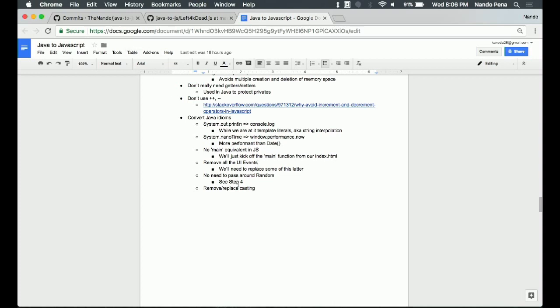They pass around random a lot. I'll mention this briefly, and we'll talk about the random more in depth, because that's going to be where we can get some of the biggest performance gains, surprisingly. In this game, Notch had this idea that you could put in a seed value for the map. A random seed means that I can feed my random number generator this starting point, and then I can make the numbers that are generated deterministic, meaning that if I always put in the starting point, I always get the same string of numbers. They're still going to have a random distribution, but they'll always get the same one. So what that allows you to do is replay the same level over and over again, because all these things are randomly generated.